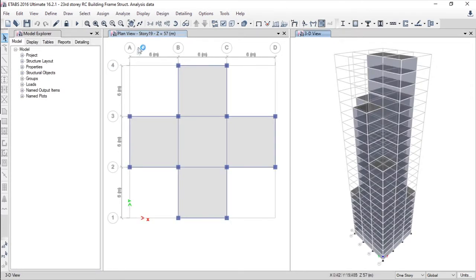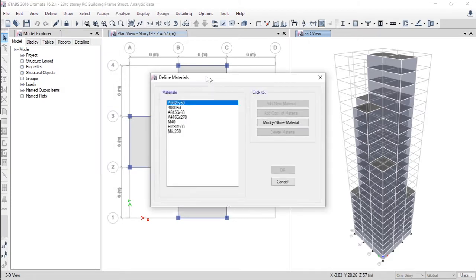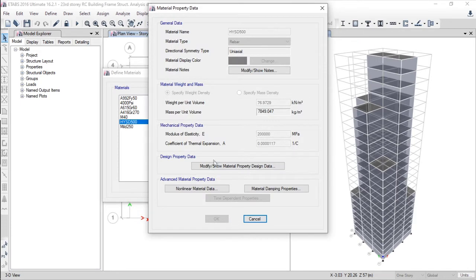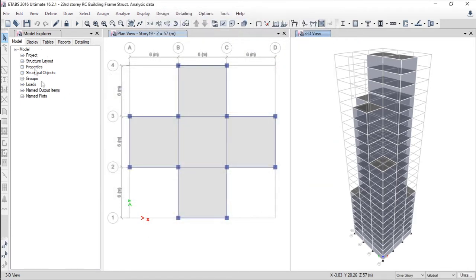This is the structure that I have already designed and analyzed in my previous video, and which is also in locked position. We can see that. Because the run is also done in this structure and the design checks are also done, we cannot modify it right now. If we go over here, we cannot modify it. It is as it is in locked position. So let's find the axial forces, or axial loads, which are coming from the columns.